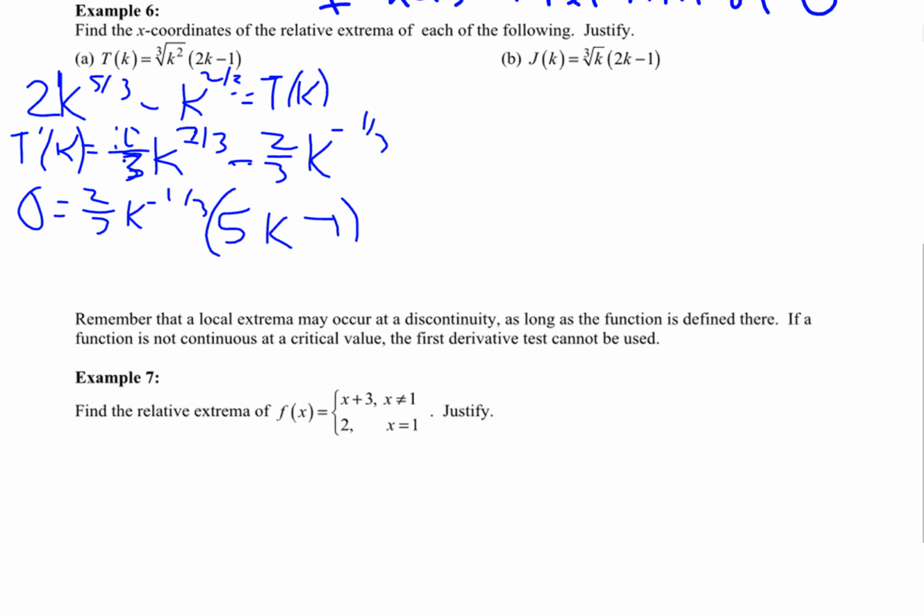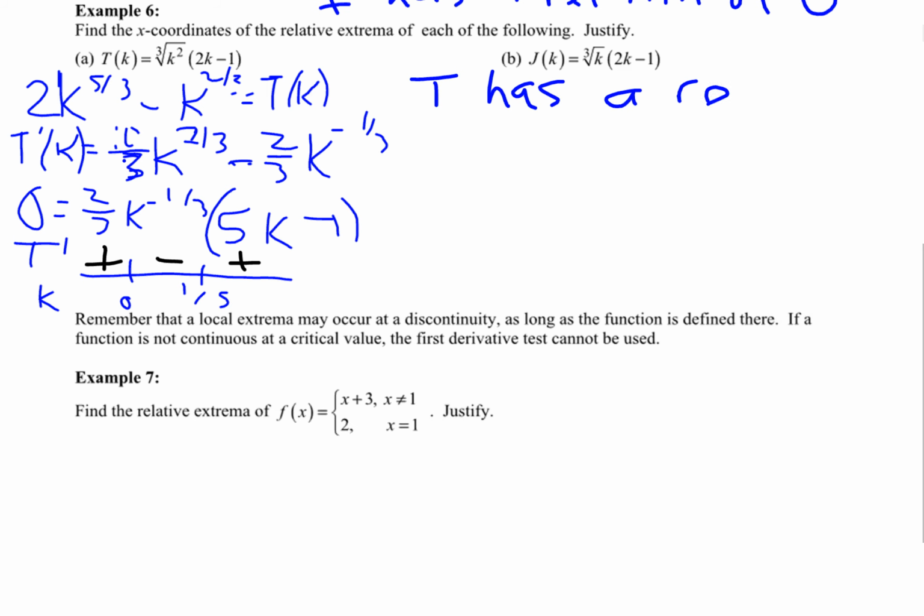All right, so we have two critical values. We'll see if either of them have a min or max. The first one is 0. The second one is 1/5. We're testing k values, and we want to check the signs of t prime. So if you plug in some values, we're going to get plus, minus, plus. So then that tells us that I'm going to write it and then I'll erase it so we could do part B. All right, t has